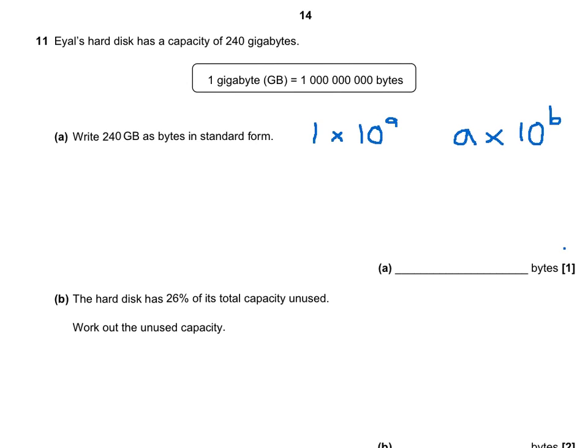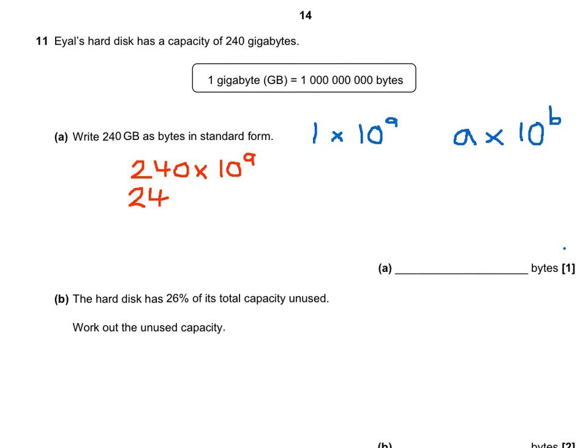Right, so if 1 gigabyte is 1 times 10 to the power of 9, then 240 gigabytes will be 240 times 10 to the power of 9. But we can't leave it like that because it's not in standard form. We need to make sure it's written as a number between 1 and 10 times 10 to the power of another number. So if it's 240 times 10 to the power of 9, then it'll be